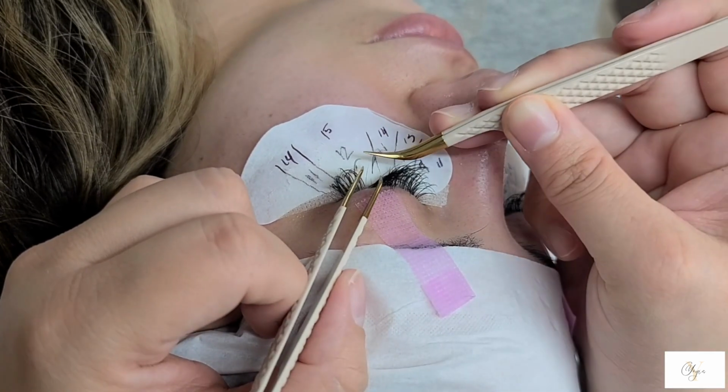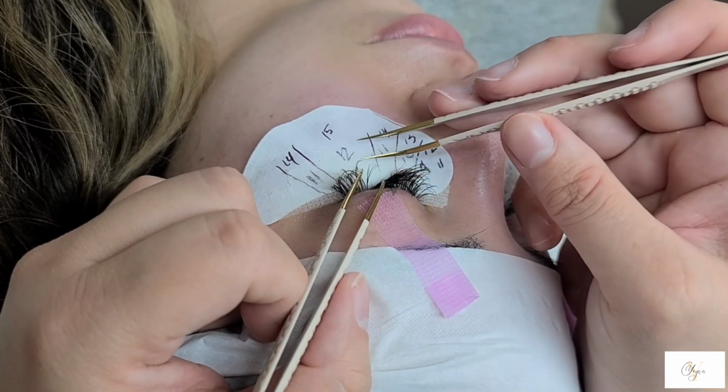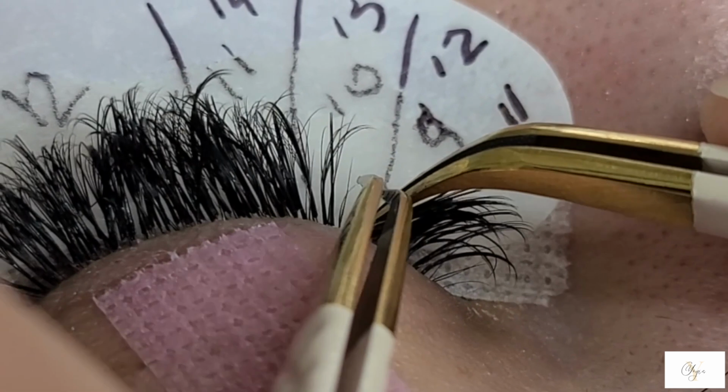And it's already hard enough doing isolation with two hands. Imagine with one hand. I know it's hard. I've been in your guys' footsteps. So imagine being able to do all of this in half the time and being able to lash so much